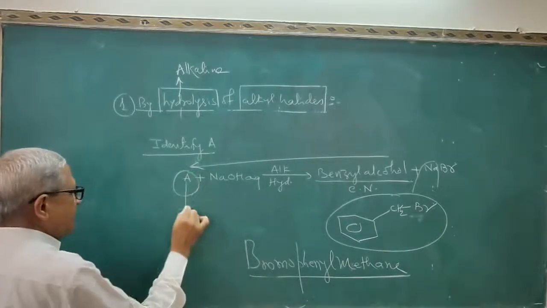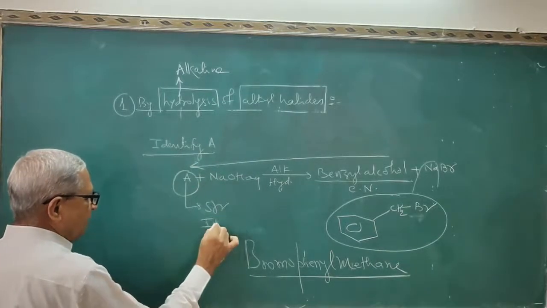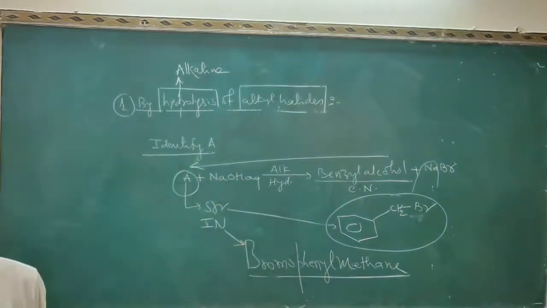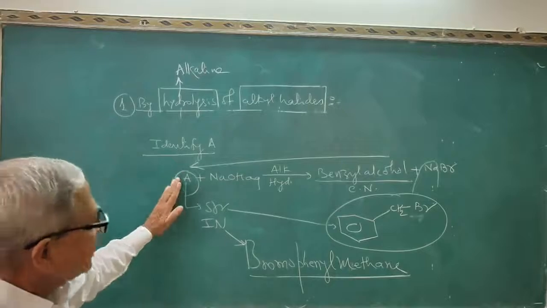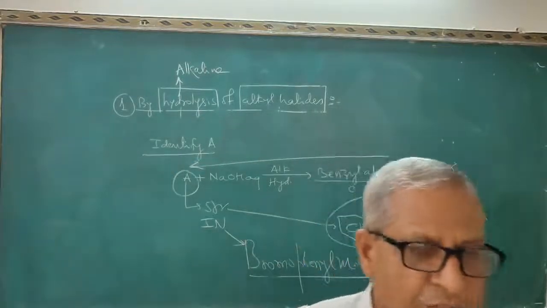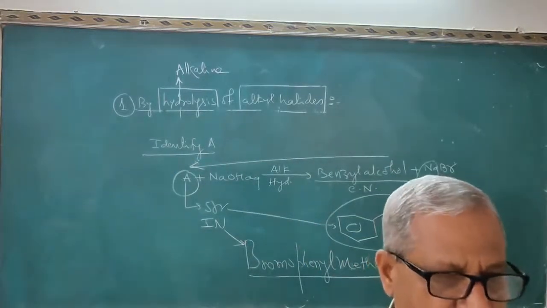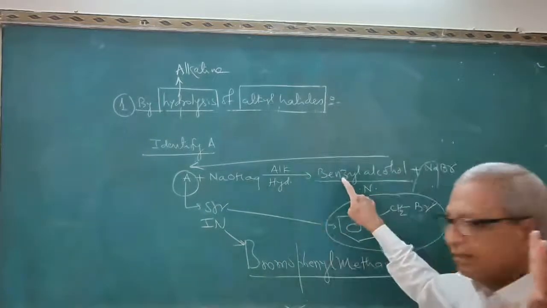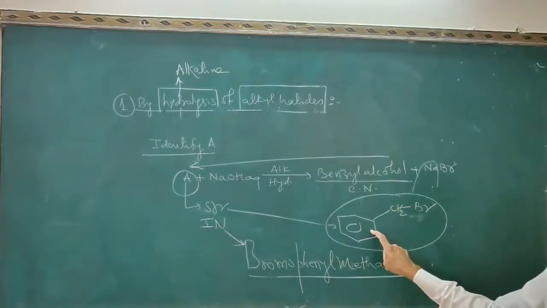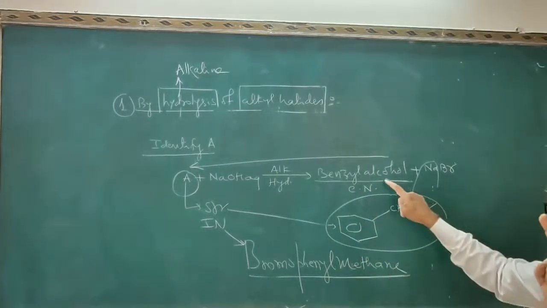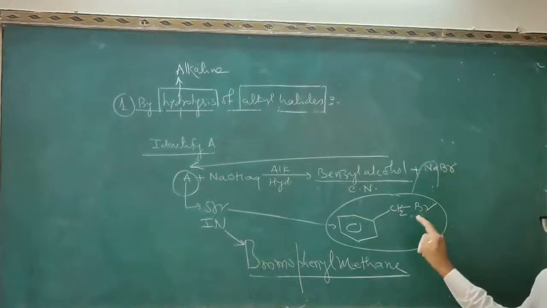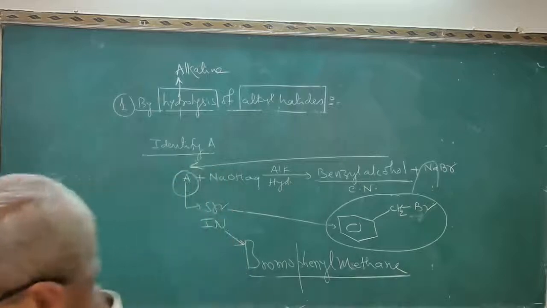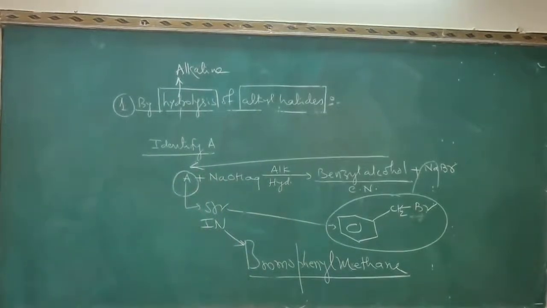So two conditions are here. You have to write the structure and the IUPAC name. The structure is this one, the IUPAC name is this one. So when the question is given like this, identify A, the question should be solved first in the reverse direction. Second, the common name will be given here. Write the structure of the common name. It is a substitution reaction. Replace OH by the substituent Br. So you will get the structure, and then I write the IUPAC name. So these are the important points here.